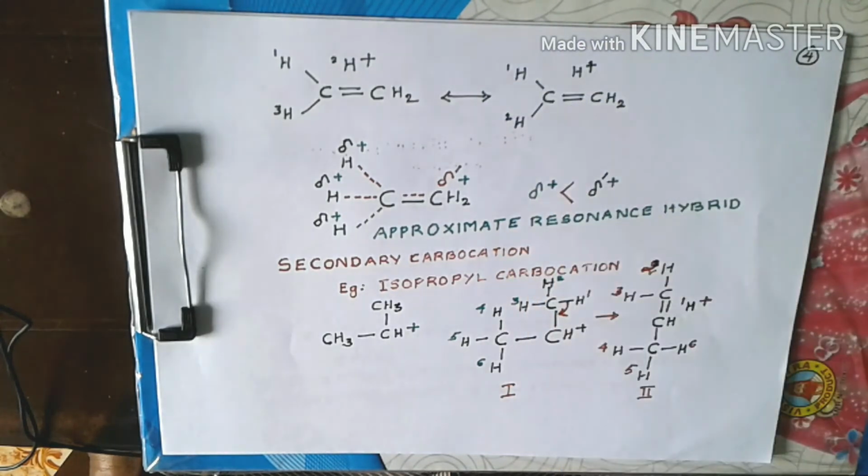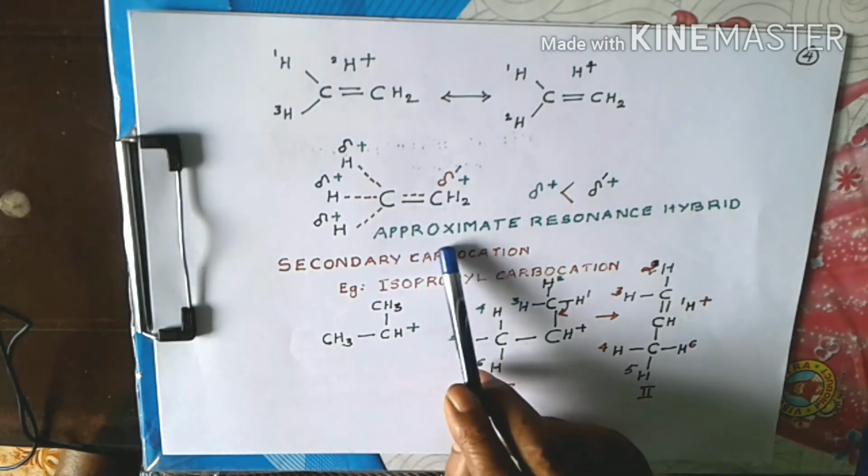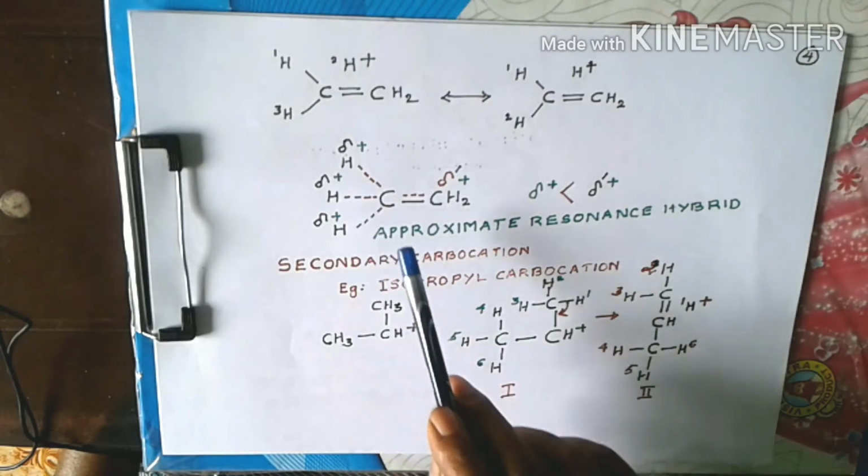So the CH sigma bonded electron pair moves towards the positive carbon. So the length of movement is increased so that potential energy of the system decreases and there is attainment of stability. So stability is attained by movement of the sigma bonded electron pair towards the positive carbon. Now the resonance hybrid, whose approximate structure may be represented like this.